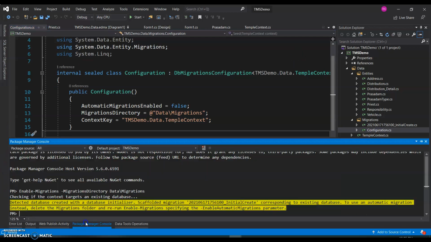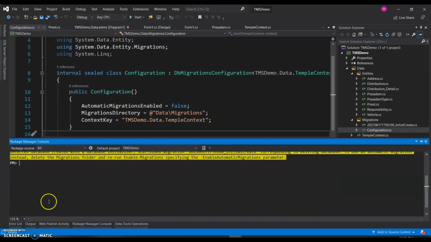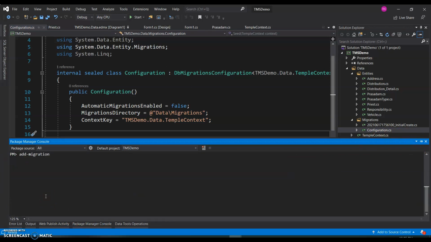So as usual, you just go to the package manager and give the add migration, and you can optionally give a name for it, which stands for what you are trying to do. So in this case, what is it that we try to do? We say age added. Let's keep it simple, and I'll click on enter.